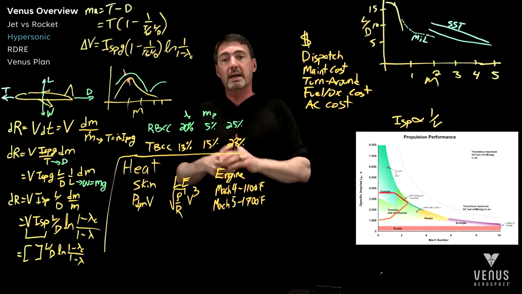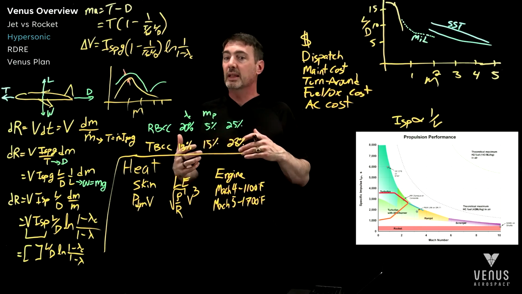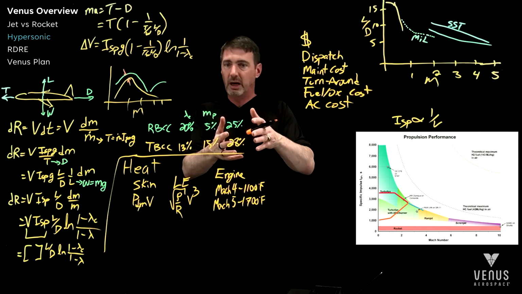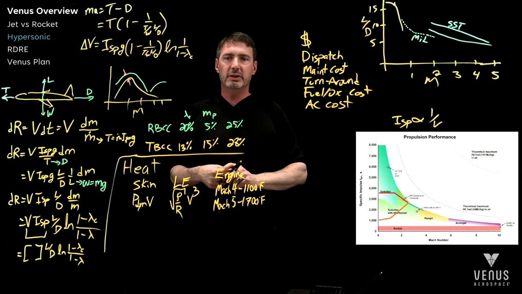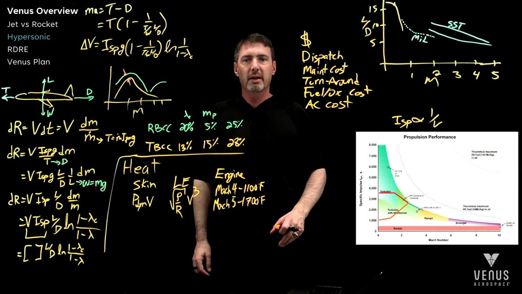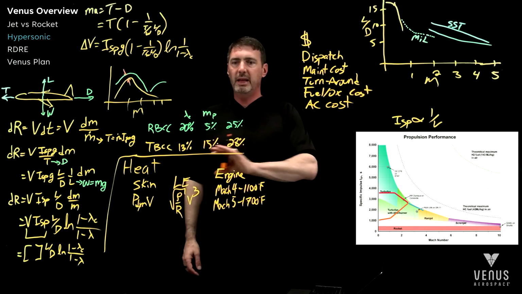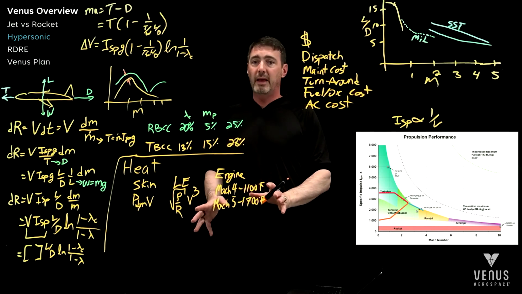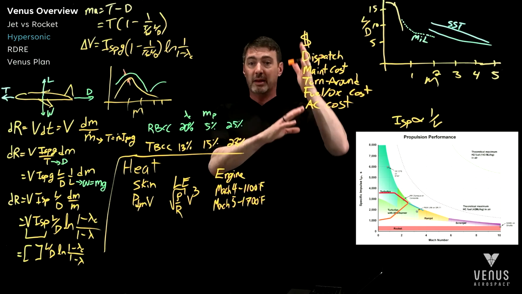But then, of course, the mass of a rocket-based combined cycle should be significantly less. You're not carrying a big turbine as well. So these kind of flush out in some ways, giving an edge towards rocket-based combined cycle. And then because, again, hypersonic is defined by heat, we looked at heat, skin, and leading edge, which we all have to deal with, competing with drag, and then the temperatures of your engine,